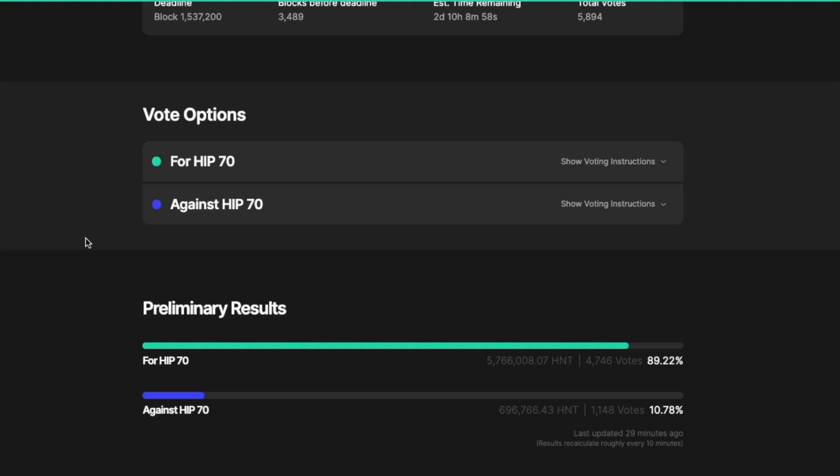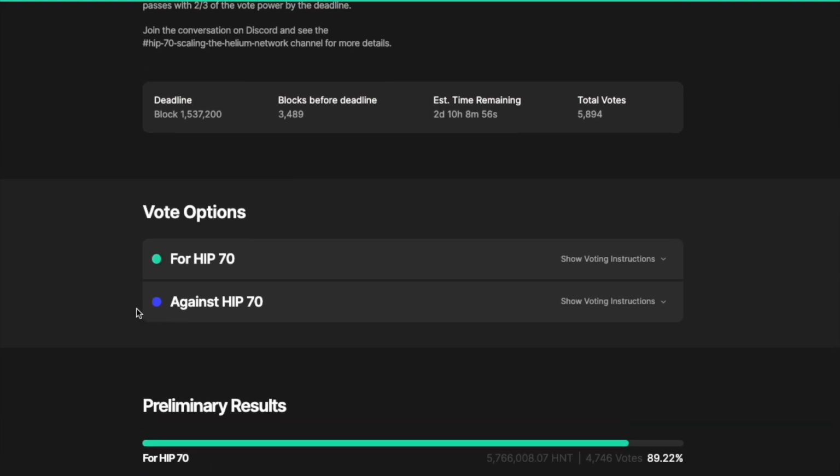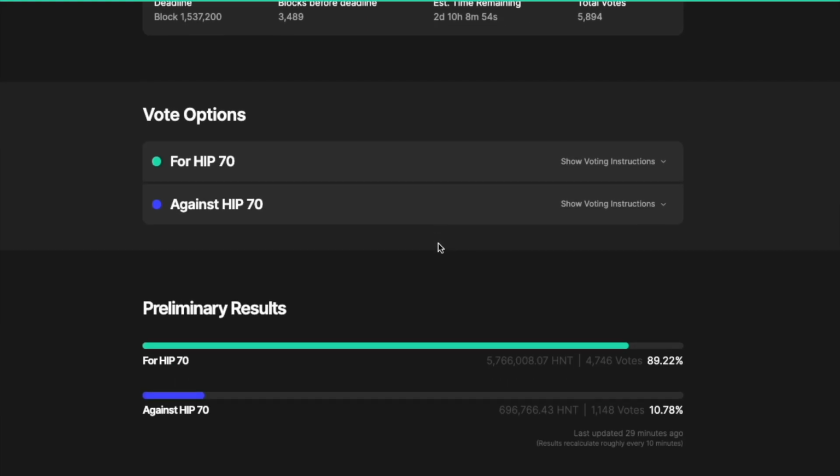Now, we have to remember that the HIP-70 vote is closing in approximately 2 days. Right now, it is leaning towards passing, certainly in favor. Remember, we have to be above 66% for this to pass. We are currently at 89.22% in favor of HIP-70 passing. That is a pretty comfortable margin for those who want this HIP to pass and the new Helium L1 blockchain